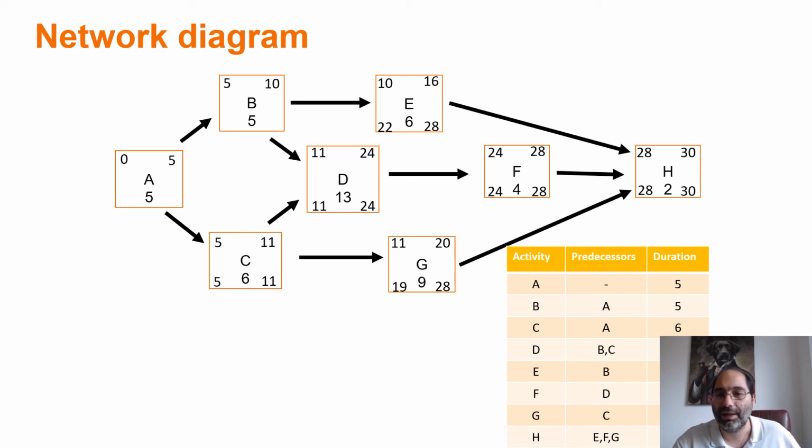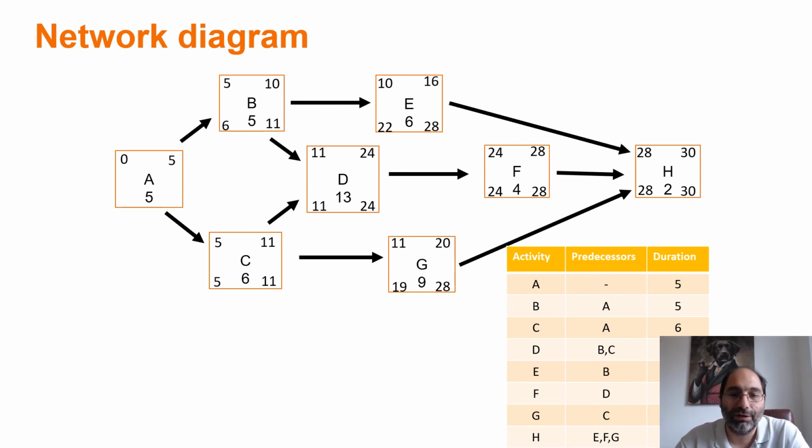Similarly, for activity B, I have to choose between 11, the late start for D, and 22, the late start for E. Rule of thumb, when I do my backward pass, I choose the lowest. When I complete low, I choose low. 11 and 22, I choose 11. Okay, 11 minus 5, 6. Okay, why do I choose the lowest number? Because the latest time I can start activity D is 11. So the predecessor, activity B, cannot finish any time after 11. Okay, so 22 will be impossible.